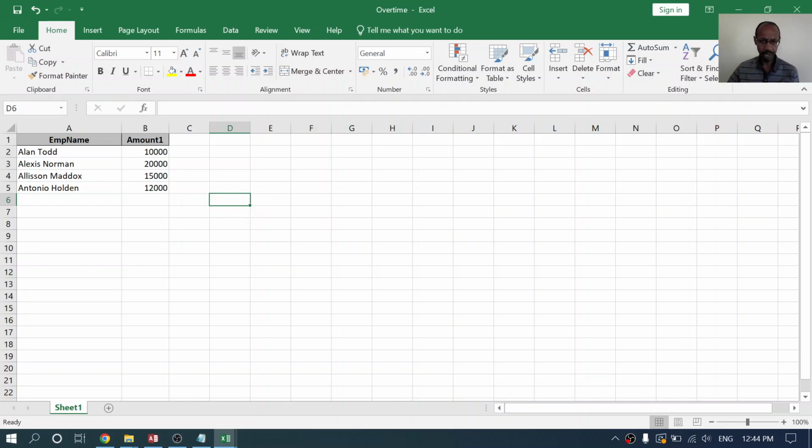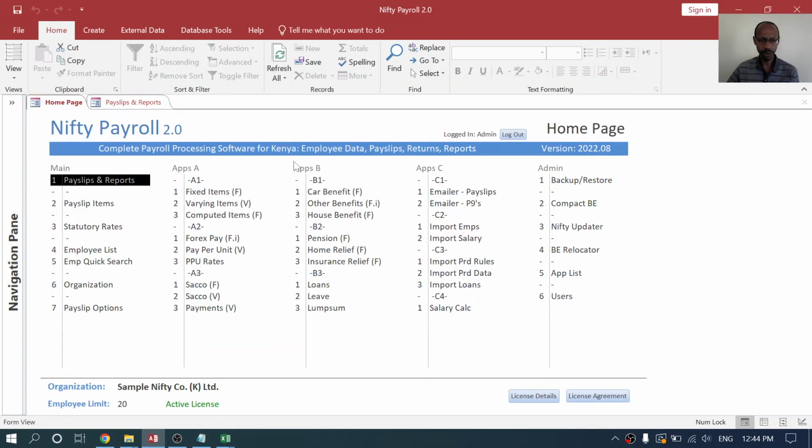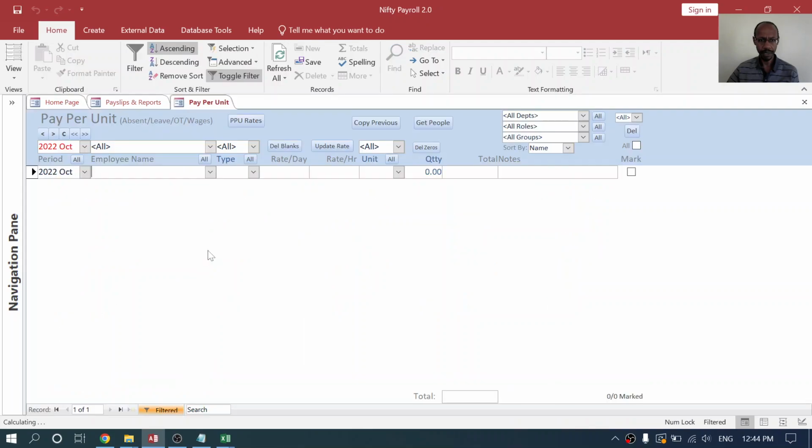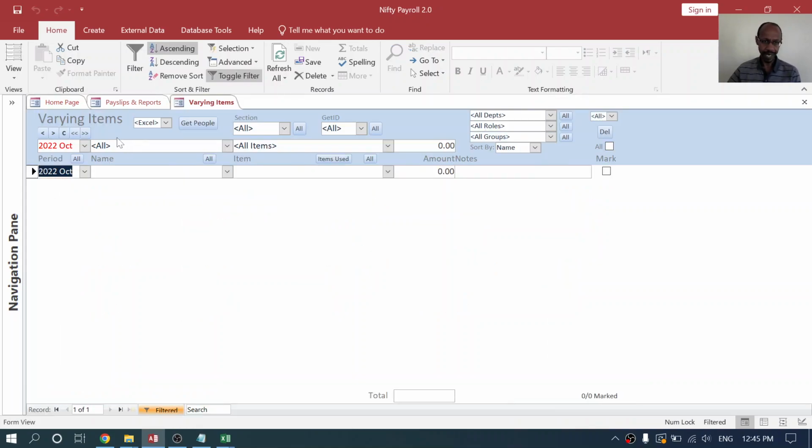Now, there is something interesting I want you to note. Overtime has an app, right? If you go to the home page, under pay unit, one of the items you can pay is overtime, OT, which is here, overtime 1.3. So you could actually create overtime from this app based on the hours a person has worked and the rate that you've computed for him. But in this case, I want to show you how we can import, and it actually highlights something interesting about this varying